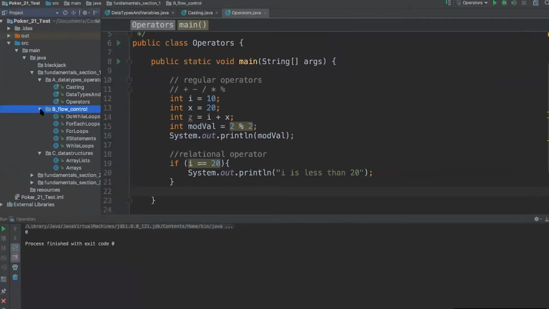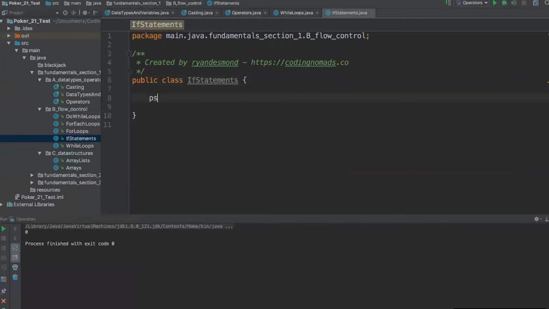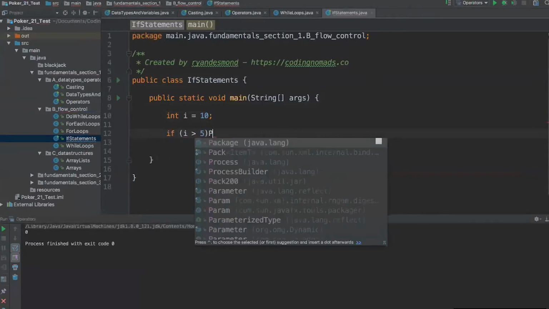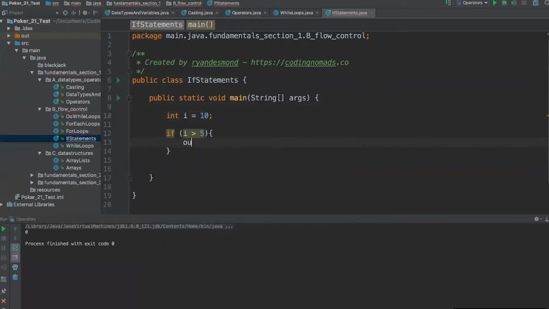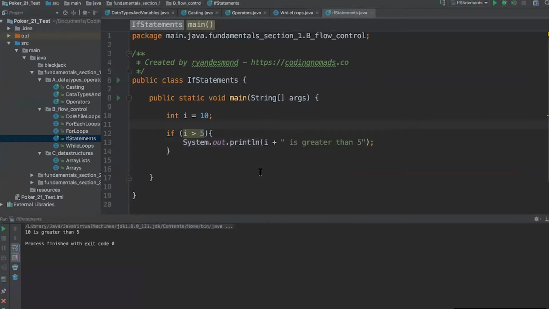I'm going to do these real quick. I'm going to start with the if statement. An if statement is just: if some Boolean condition is true, continue. So I'm going to say int i equals 10. If i is greater than 5, sout, and I could say, for instance, "i is greater than 5". If I run this, it'll print "i is greater than 5". But as soon as i is no longer greater than 5,